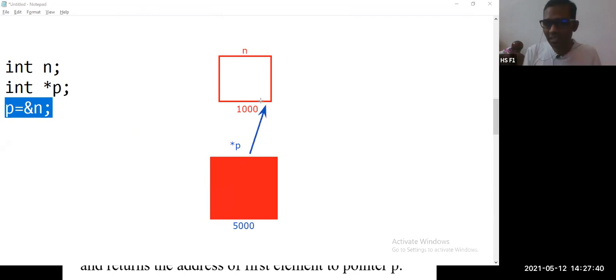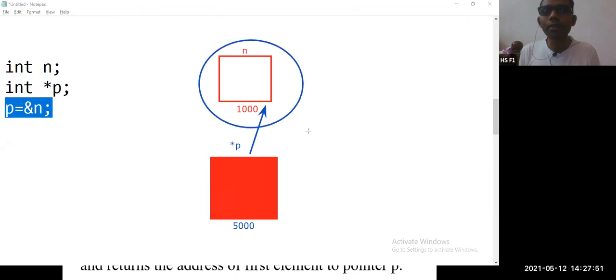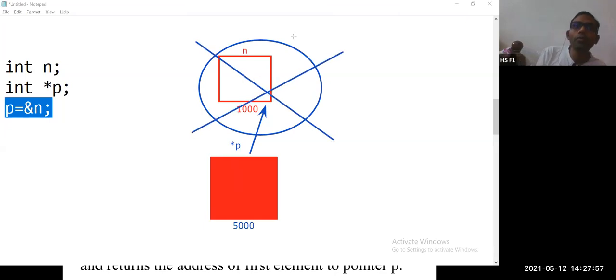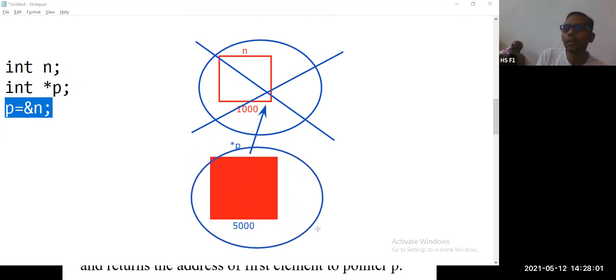Now, this is the concept of pointers as of now. What we want to do is we don't want this particular memory location at all. Not required. We want to allocate the memory for this pointer directly. I don't want to depend on somebody else. Let me store the value.